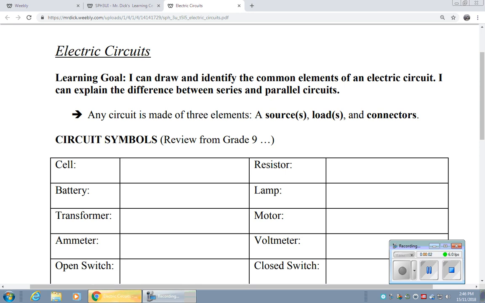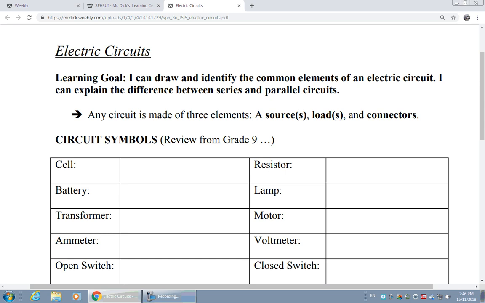You may remember from grade 9 that current electricity is able to flow around what we call an electric circuit. And any circuit is really just made up of at least 3 basic elements. Some kind of source, like a battery or a wall outlet that can provide the electrical energy. Some number of loads, like light bulbs or any kind of electrical appliance that is using up some of that electrical energy. And then we also need connectors, which we know have to be some kind of conductive material, like